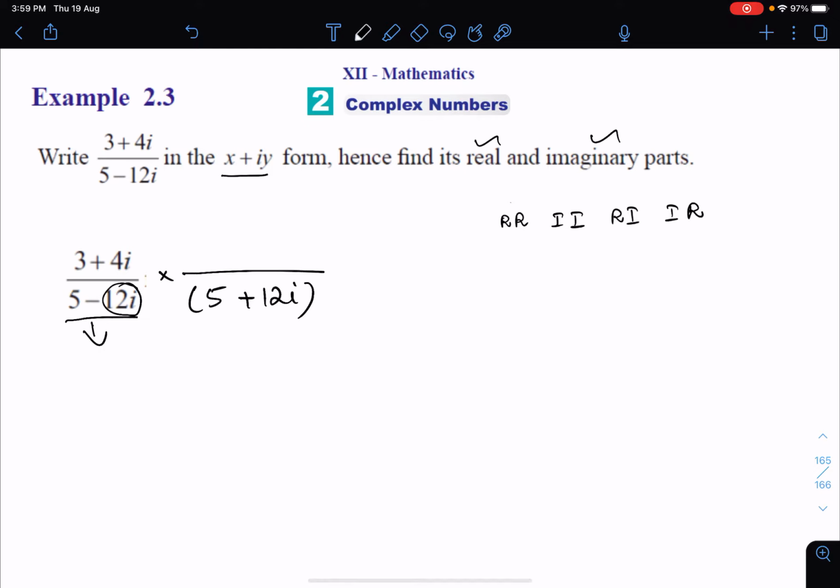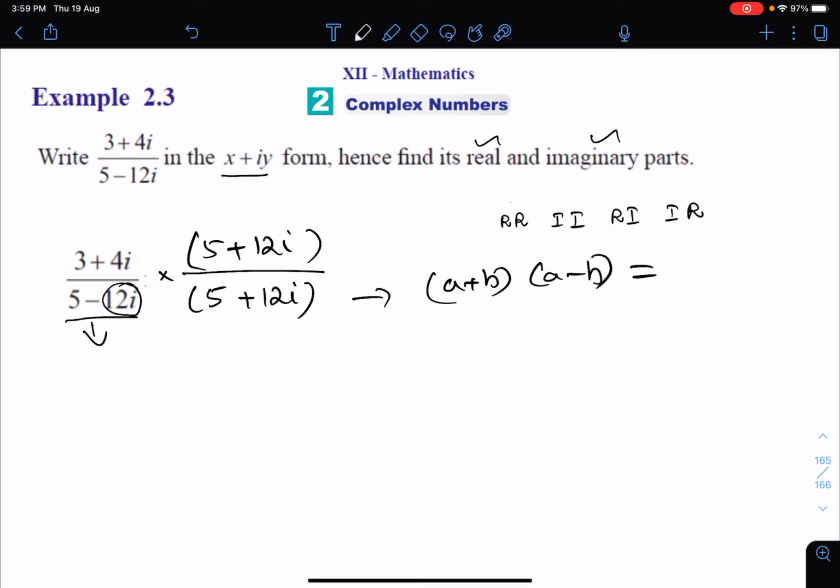So for both the numerator and the denominator you are going to do the same thing. Whenever you write the conjugate, we change the sign of the imaginary part alone. Remember that. Now the next step is to multiply these two. As far as the denominator is concerned, this is going to be (a + b)(a - b). We have already discussed this. As far as the result is concerned, you are going to get a